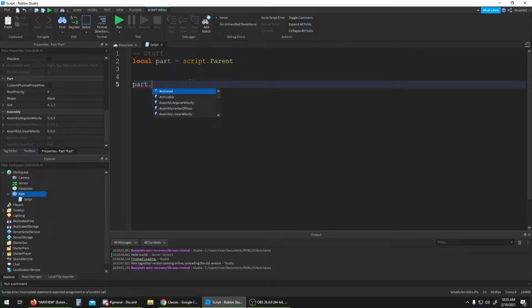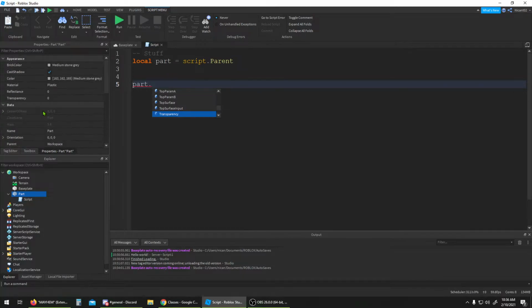If you press the dot, you can see everything you can modify and get from the part. If you scroll down enough, you'll see the lightning symbol, and what that means is an event. The blue block means it's a property, which means you can sometimes change it, depending on what it is. In events,